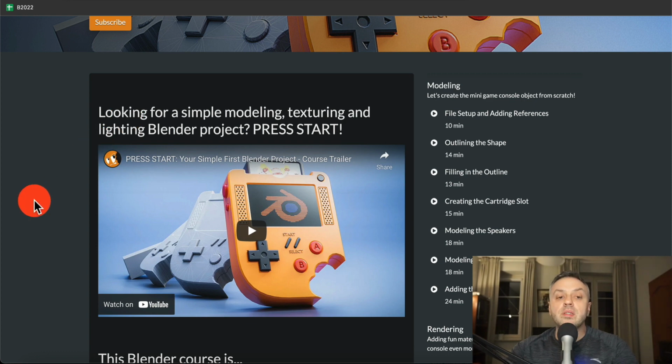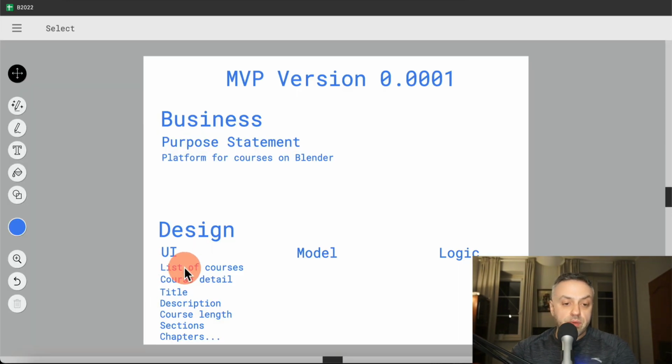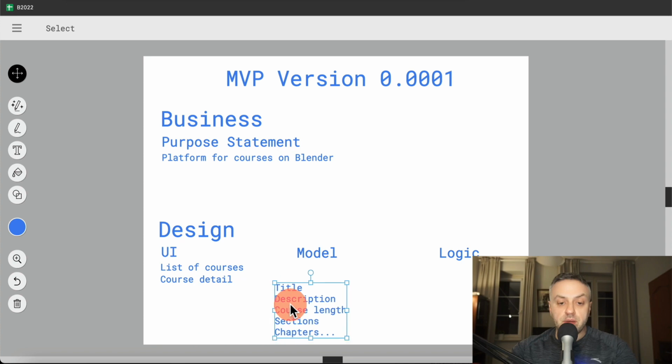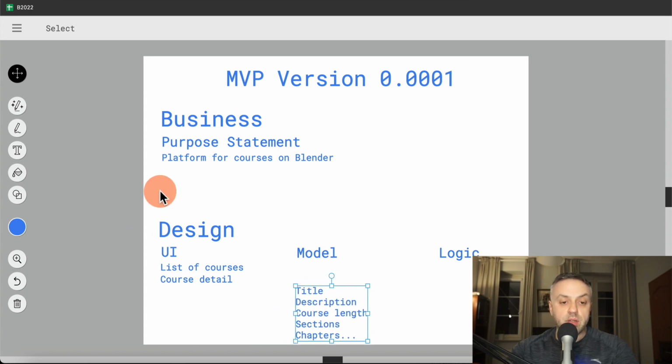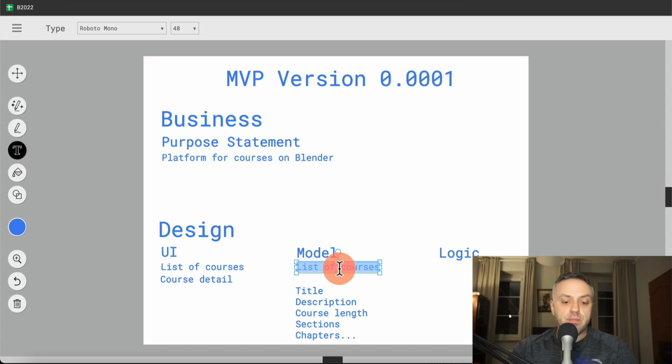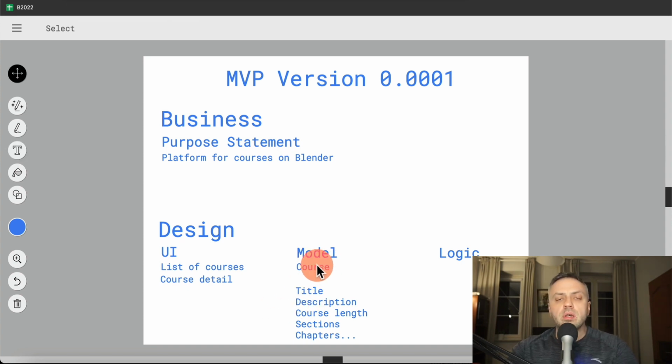So what is the model? Actually, I was wrong. This is the model here. Well, this is part of the model. Let me explain. These are views here, and this is actually right here. So if we have this here, this is the model. And the model is actually going to be courses or course. Actually, let's have it singular. Course, and if you have many of these, they're going to be courses. That is the model. And this is what I call our main entity.